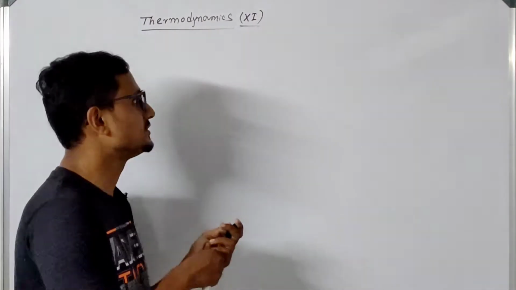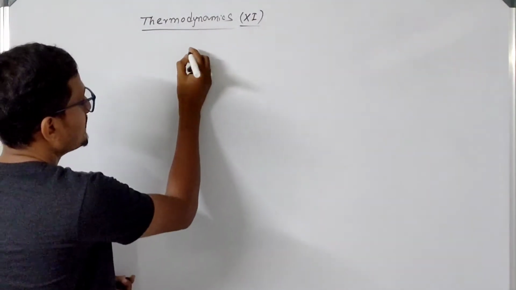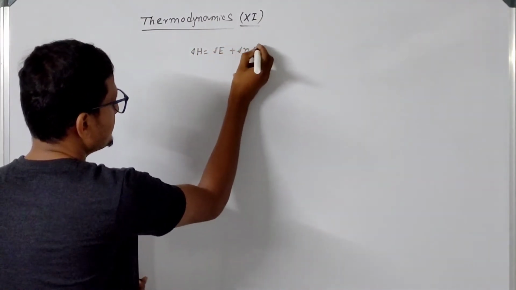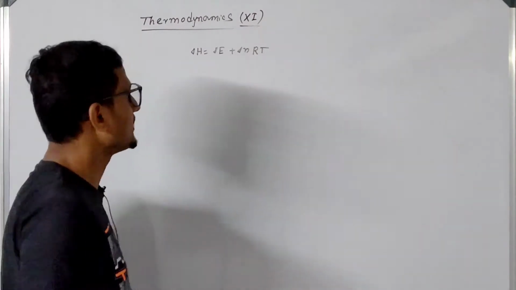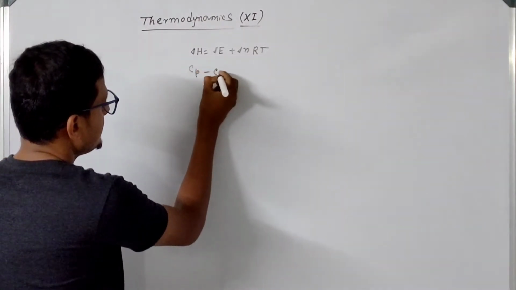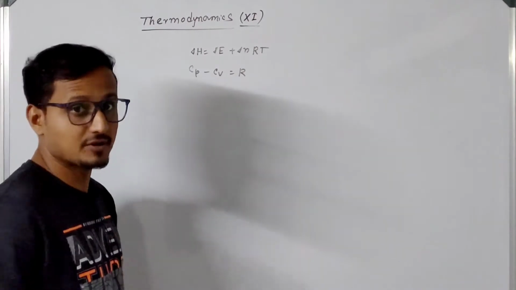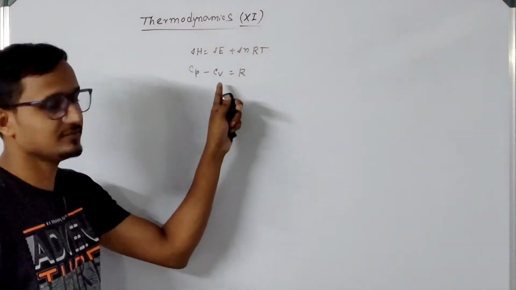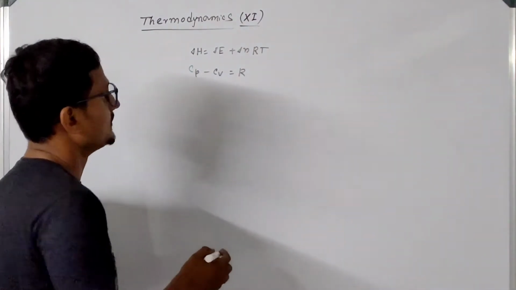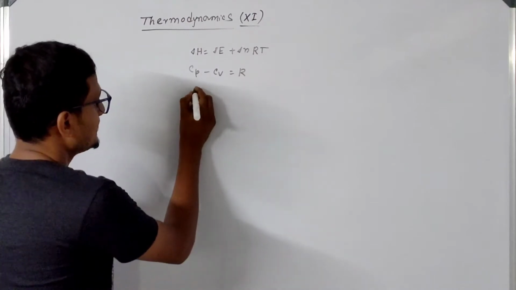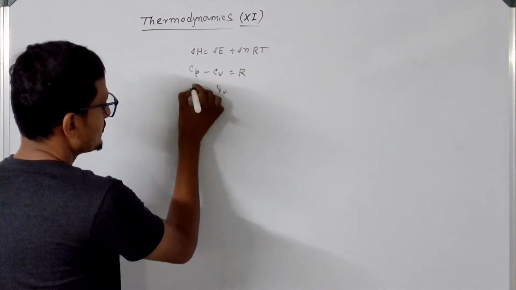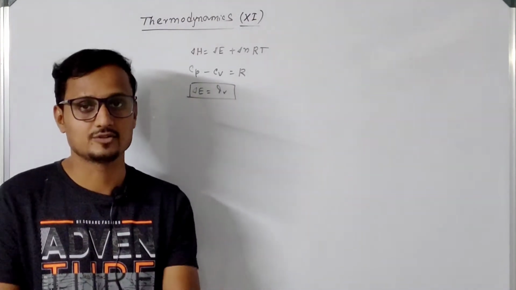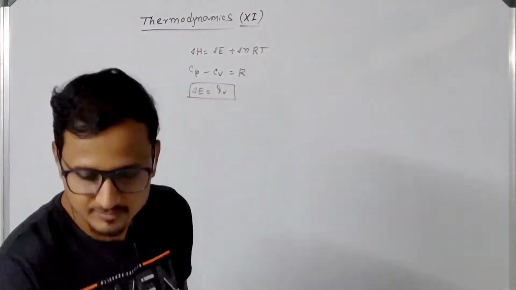So let's begin. Some proofs I will discuss here: del H equal del E plus del nRT. This is very important. Now Cp minus Cv equal R, which is also very important. These two are the heat capacities. After that, another proof of Cp and Cv will come afterwards. So please see the video totally. And here del E equal QV, this is also an important proof. So these three things we are going to discuss here, and also the heat capacity. So we'll start from the